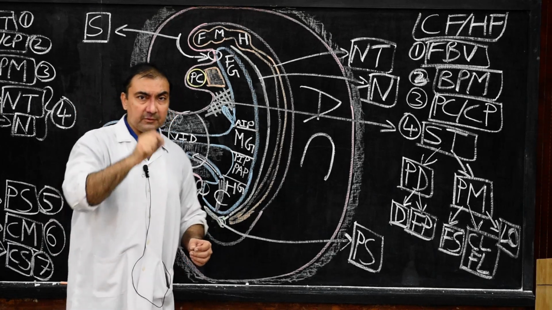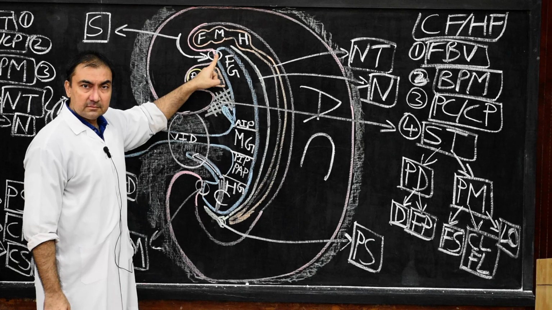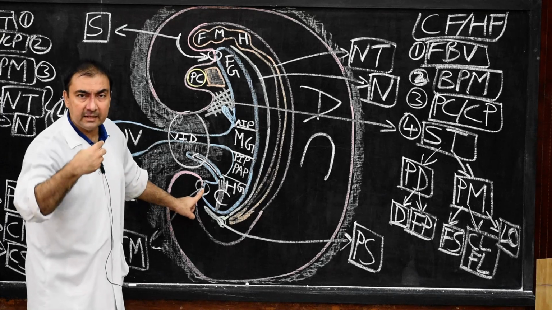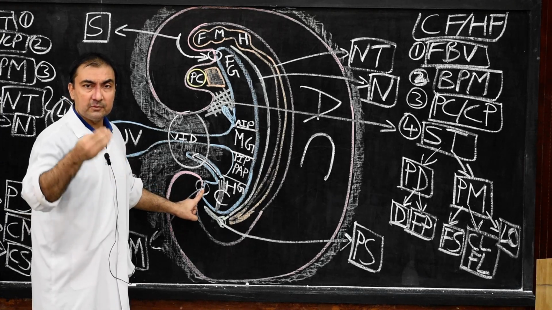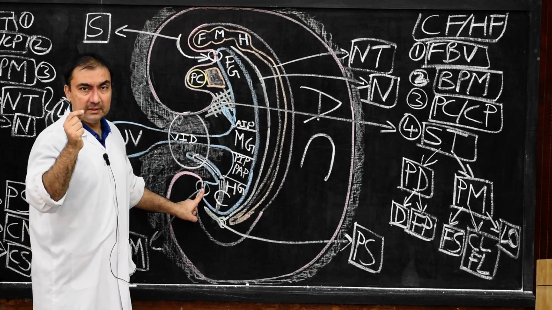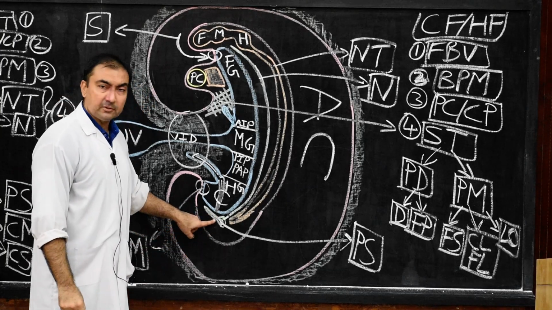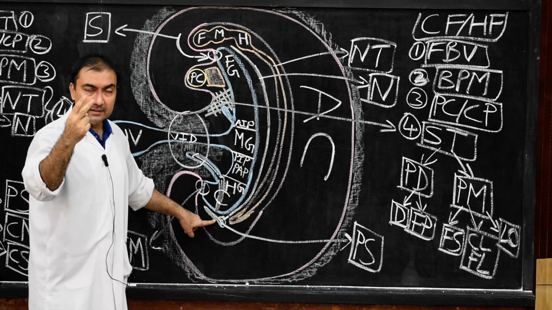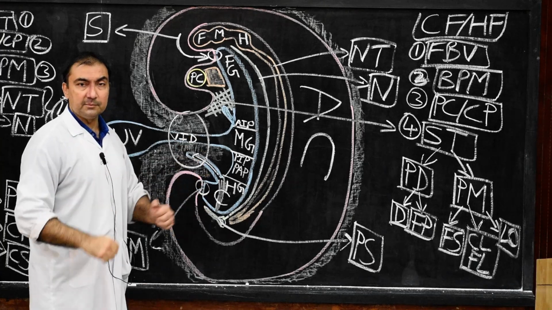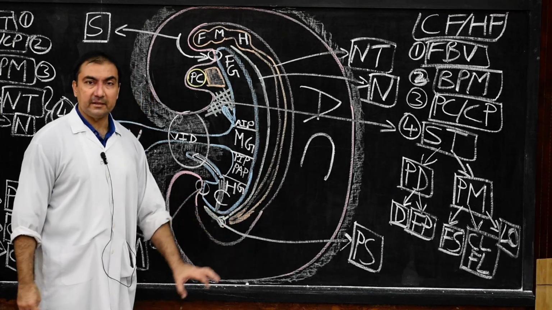So note down one more question and answer. The buccopharyngeal membrane will break at the end of the 4th week, and the cloacal membrane, that is the ventral urogenital membrane and dorsal anal membrane, will break down at the end of the 5th week of embryo development. These two points are very important. But why does the cloacal membrane shift in the ventrocaudal direction? Because of the disappearance of the primitive streak, and because of the development of the infraumbilical portion of the anterior abdominal wall.